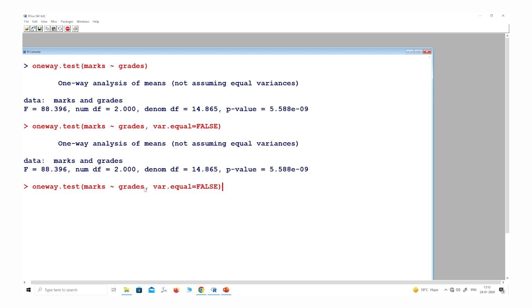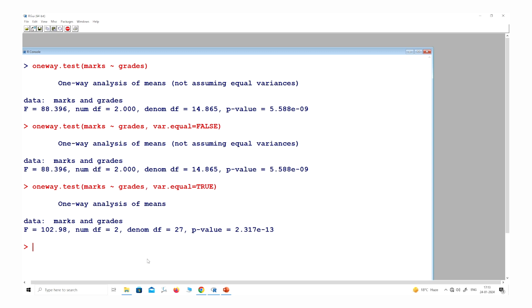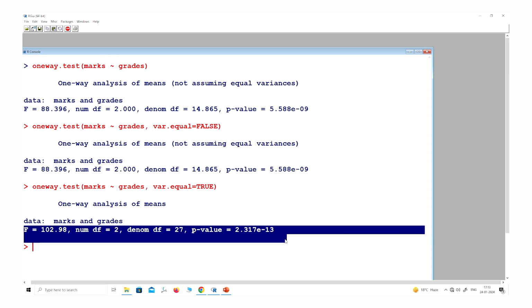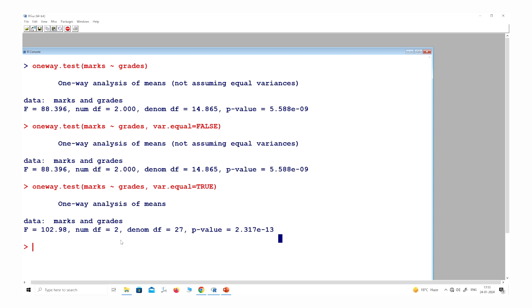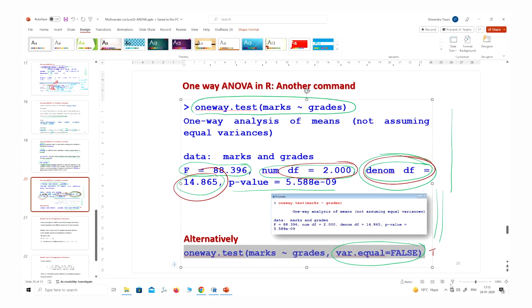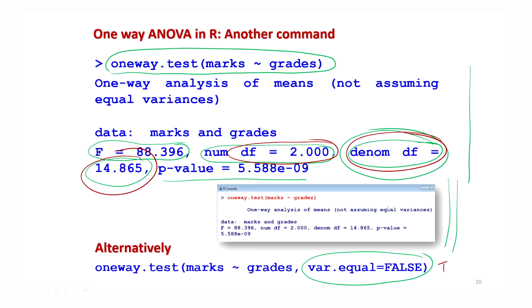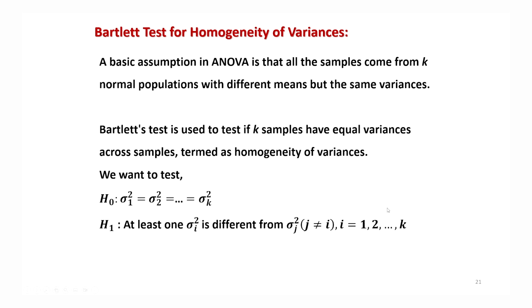But if you use the option true, this won't happen, and you get the same output which you obtained earlier. That is why I have shown you this option, so that you know how to conduct these things, because in real life you will face different types of challenges and issues.